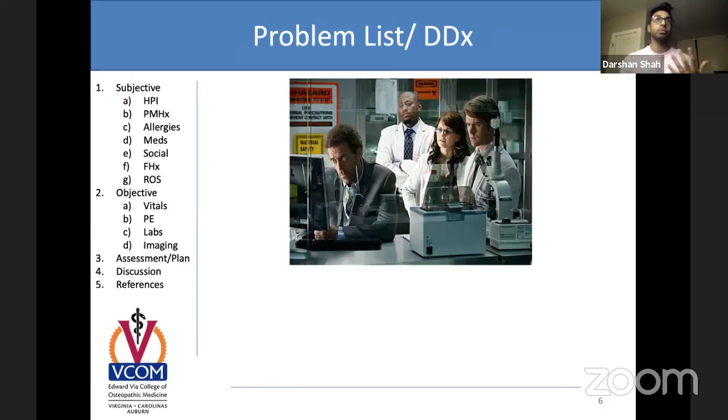Okay, so let's think about our problem list. I'll give you guys about 10 seconds to think about what problems we need to deal with in this patient. So the first one's the hypertension, right? Because she's sent from the clinic to the hospital because of elevated blood pressure. She's also got this headache. She's got scotomata. I can never say it properly. But that's basically seeing blurry spots, like dark spots coming and going.